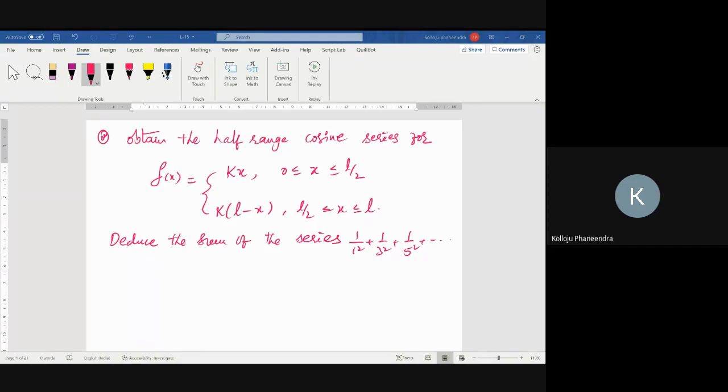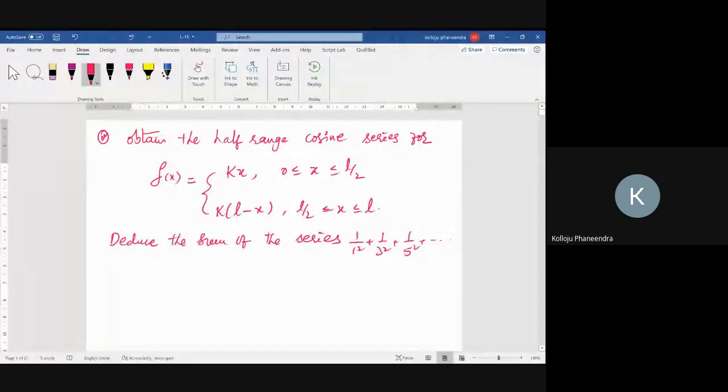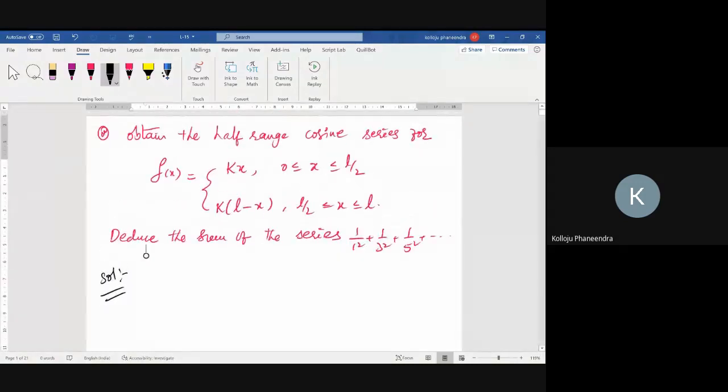Okay, this problem belongs to the wave equation. In solving the wave equation, we will get this type of function f of x. You will get this problem in the second semester in partial differential equations. Anyway, first thing, what is the half-range cosine series? The half-range cosine series of f of x is